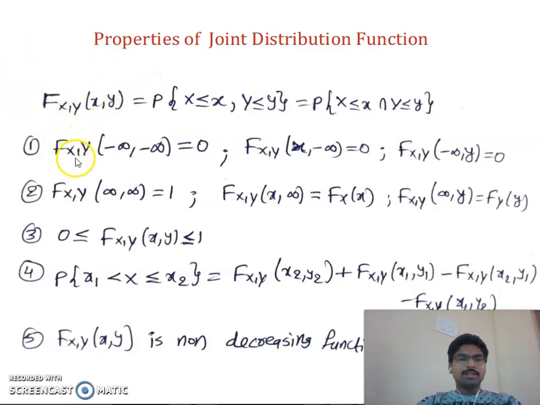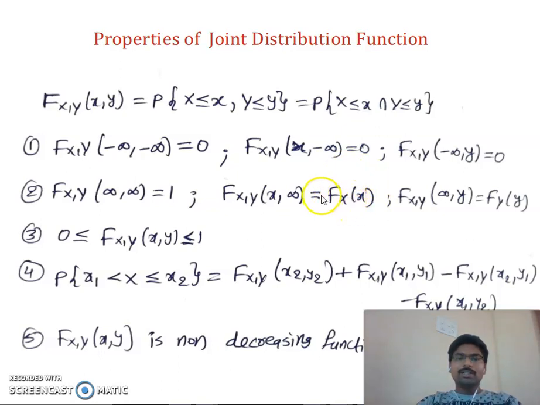The properties are: F_{X,Y}(-∞,-∞) is equal to 0. F_{X,Y}(x,-∞) is also 0. F_{X,Y}(-∞,y) is equal to 0. We will see the proofs here for these three. F_{X,Y}(∞,∞) is equal to 1. F_{X,Y}(x,∞) is equal to F_X(x). This F_X(x) is nothing but the marginal